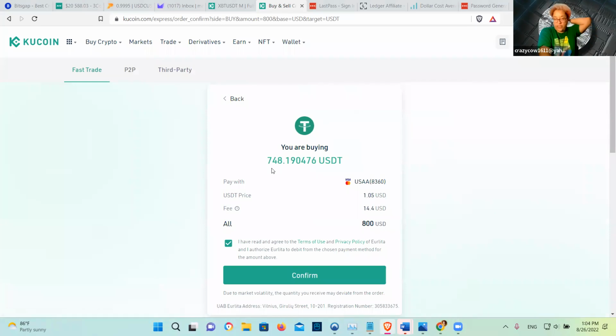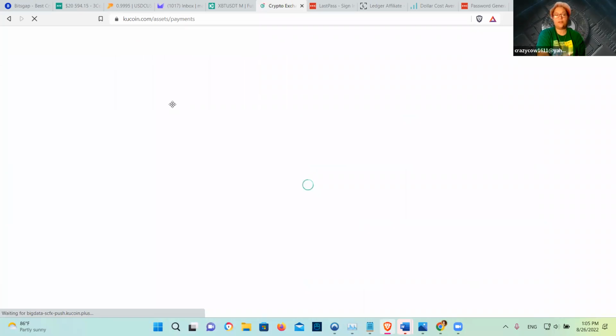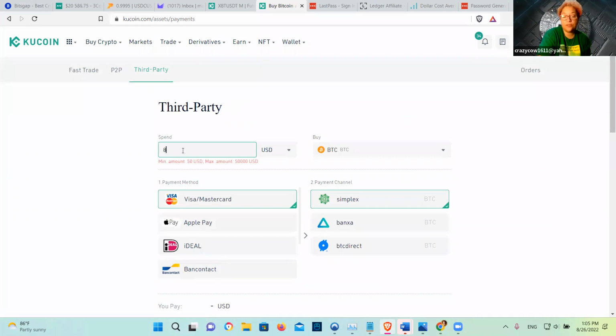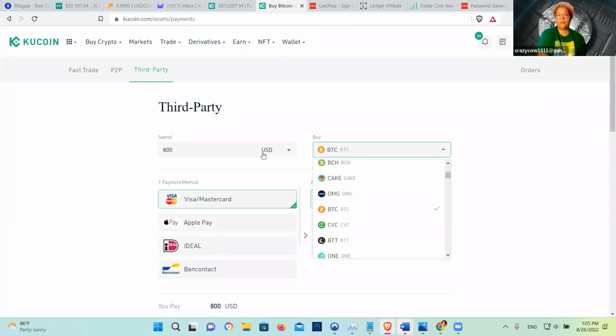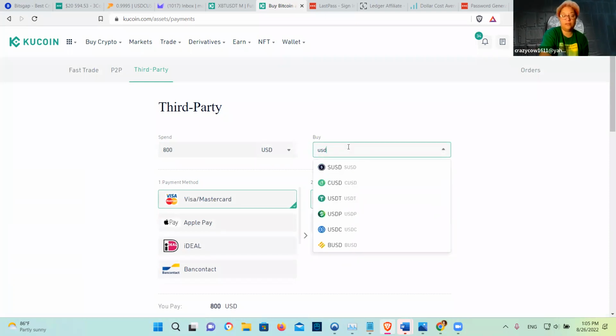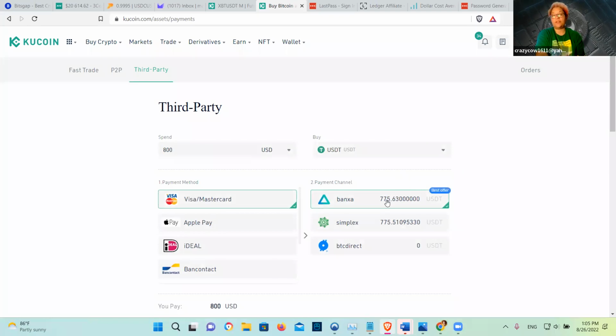It's gonna give me 748. Okay. I don't like that. That's too low. Let me check on third party because sometimes third party is better. $800 of USDT because I want to buy it slowly. It's saying there's going to be 775. What was the other one? I think it was 749. 775. Let me go back